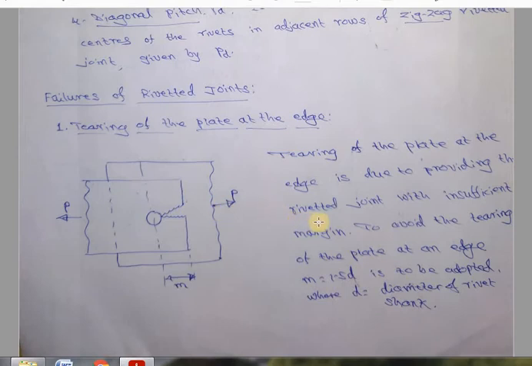That's what we call the tearing failure of the plate at the edge. It is nothing but a failure assigned to the plate. You can see carefully, there are totally 4 failures. 2 failures are assigned for the plate and 2 failures are assigned for a rivet. There are only 2 members. One is a plate, another is a rivet. Then only the joint is formed. So 2 failures are assigned for a plate and 2 failures for the rivet. This is one failure assigned to the plate.